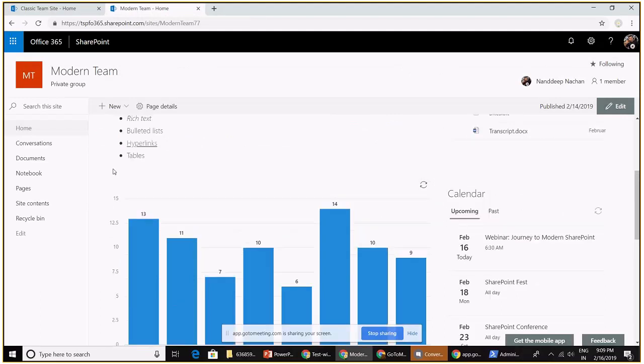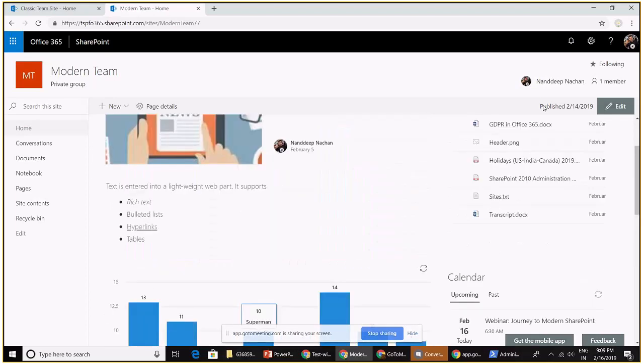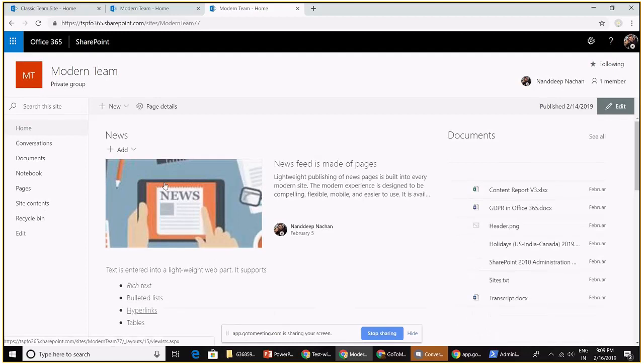Whereas we don't have to do this here. So instead of Excel, I have used a simple list here, and that list has all this data. Probably I can show you here. I will maybe duplicate this, go to the site contents,